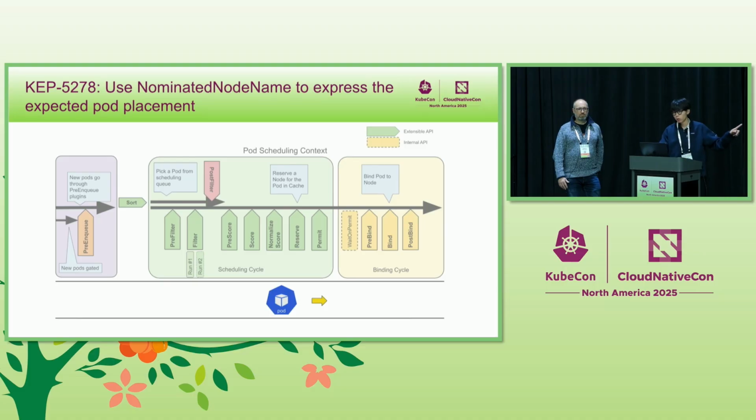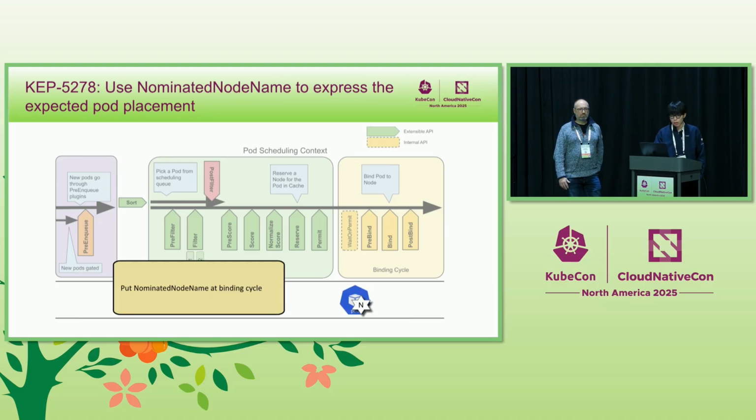So after the scheduling cycle decides the placement, the pod goes to the binding cycle, as I said. At the beginning of the binding cycle, before any delayed binding or similar work happens, we put the nominated node name so that external components, for example, the cluster autoscaler, can be aware that those pods are coming. So after this enhancement, the cluster autoscaler can check